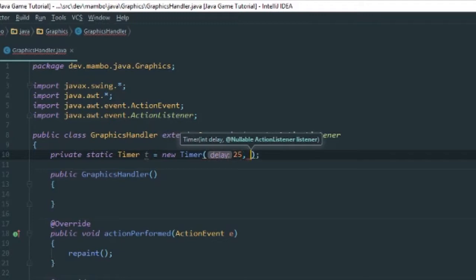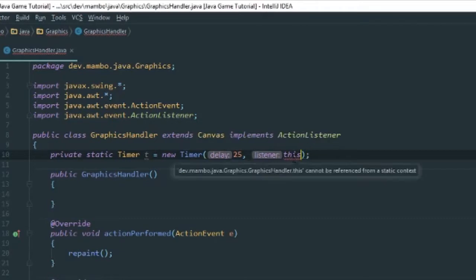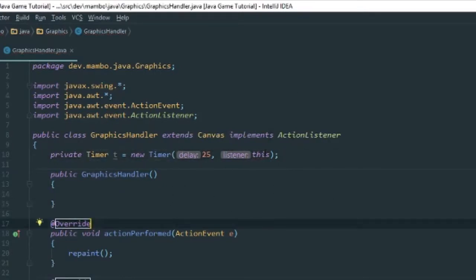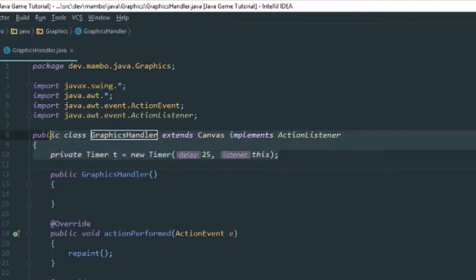We also need to pass through the handler, or the listener, which is basically going to be this. The reason why it's this is because we're referring to the action listener, which is referring to the actionPerformed method. Basically what this timer does is it's going to call the actionPerformed method every 25 milliseconds. So all I have to do is